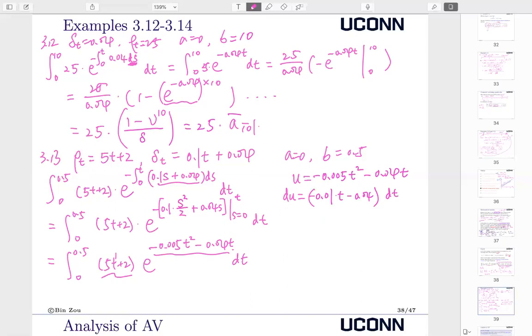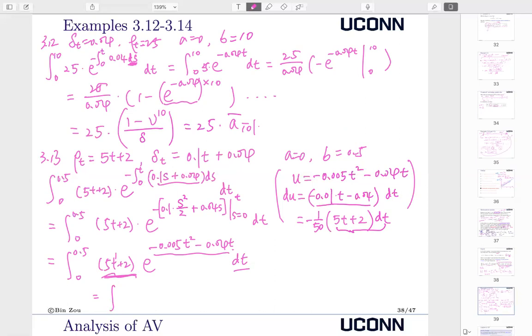Okay, well, if you are good at numbers, you can tell this and this only differ by a factor. So if I take out negative 1 over 50, the inside would be 5t plus 2 dt, right? So this part we have. So now with this in mind,